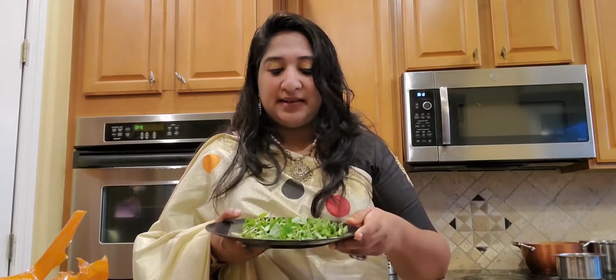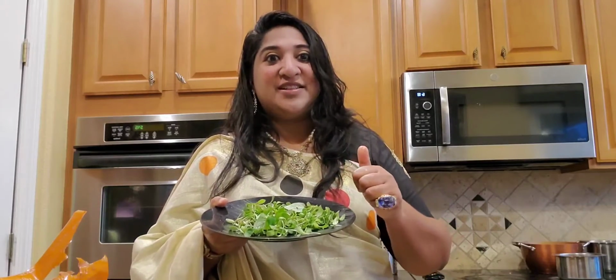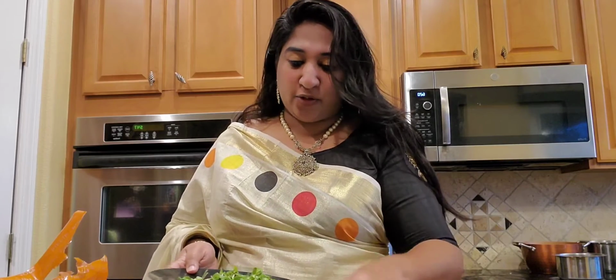It's very mild. So I'm going to add this also in their vada, so they don't know what they're eating, and at the same time they're getting very good vegetable. So I'm going to add these microgreens to my pakoda,